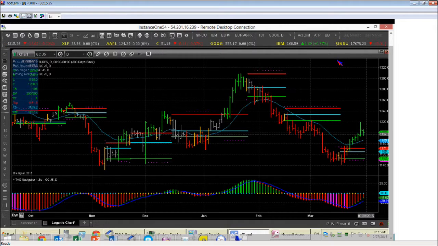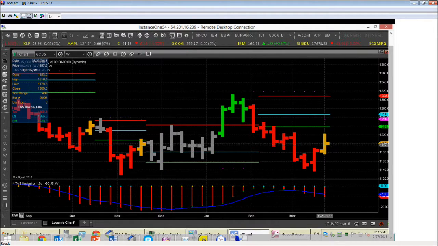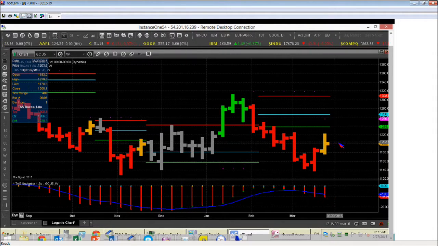Well, now we're coming back into 1200. Still don't have any major inflection points to coincide with that 1200 number. We do have an orange bar appearing on our weekly here, and that will, if it stays orange by the end of the day, and it looks like it might, we will have some more inflection points. I don't know if you can get some huge leverage right now trading gold one way or the other. So again, I think you just kind of stay away from this until you're provided some new information.